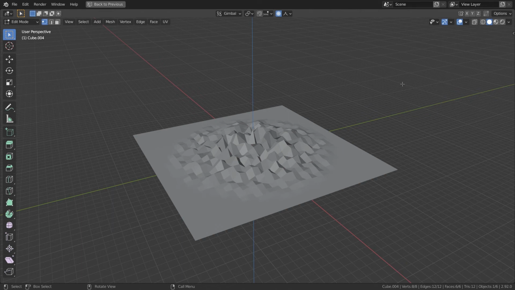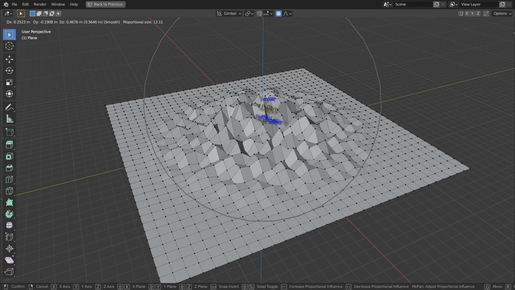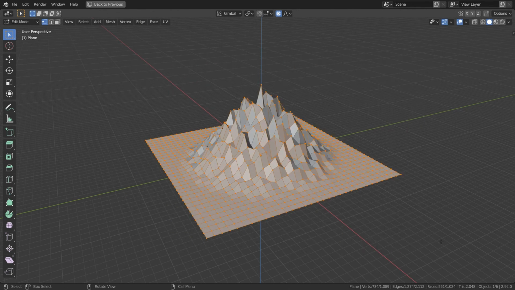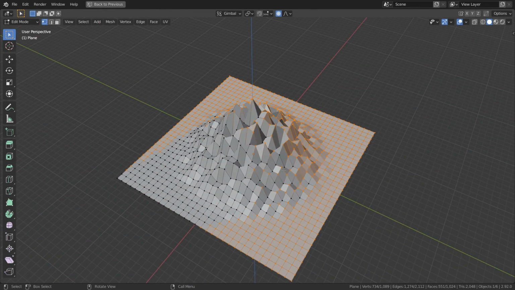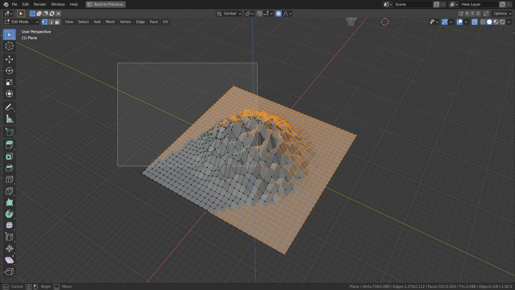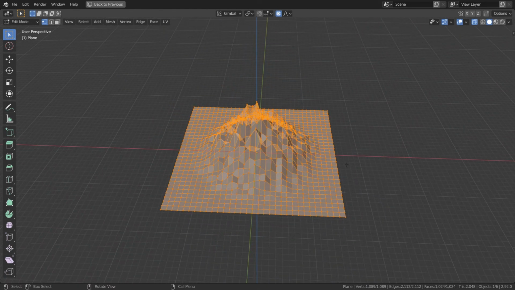X-ray isn't just for looks either. It affects how selections work too. If we keep the X-ray setting disabled and go to edit mode and make sure we're selecting for vertices and then draw a box around our object, you might think we have all of the vertices, but you'd be dead wrong. We only get the vertices on the side we're looking at. However, if we enable X-ray mode, we get all the vertices. This will of course apply to edges and faces as well.